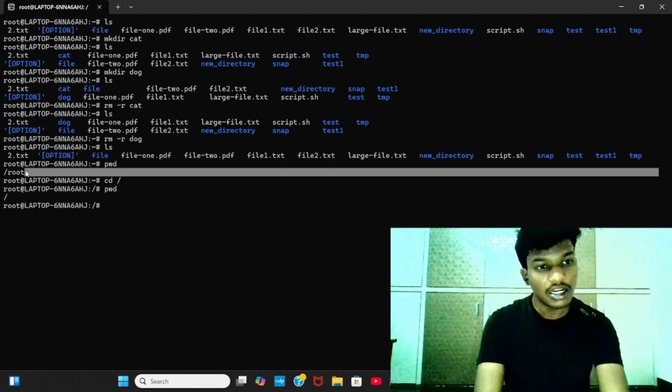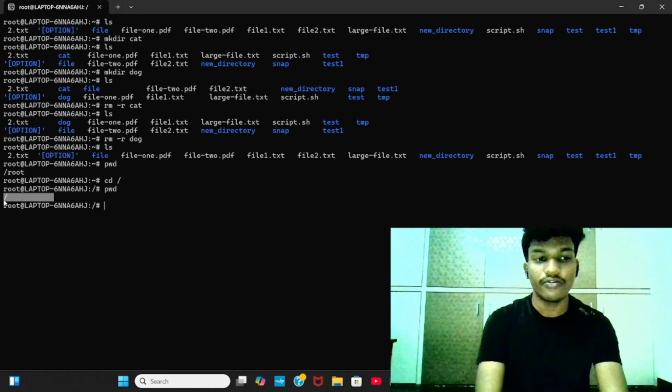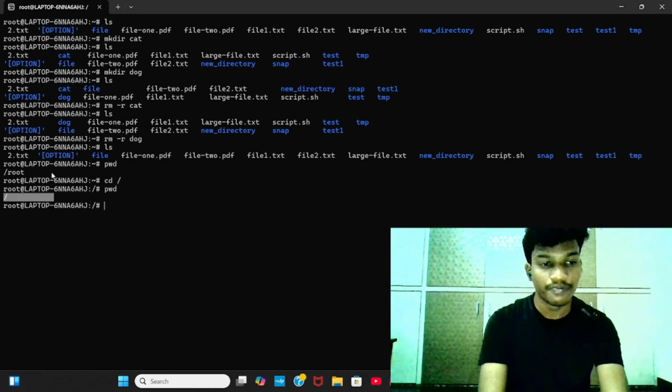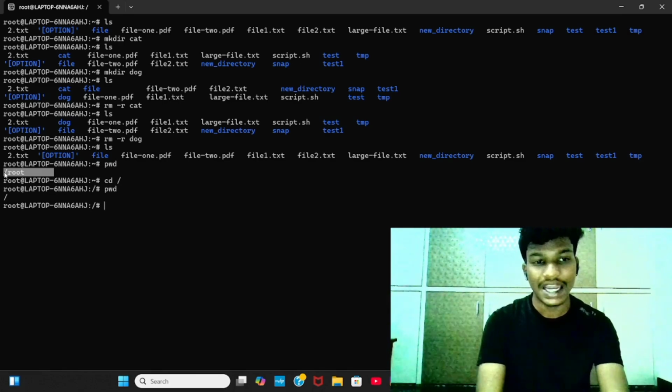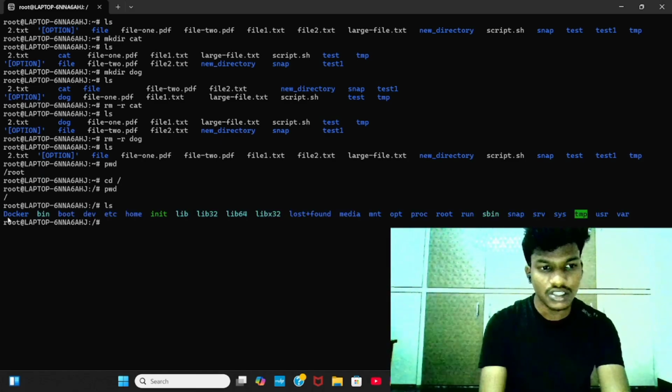It is limited, but it is unlimited to our system. We will access all the files in our system, but here we will only access the files of the user. When you enter ls, here you can see that the